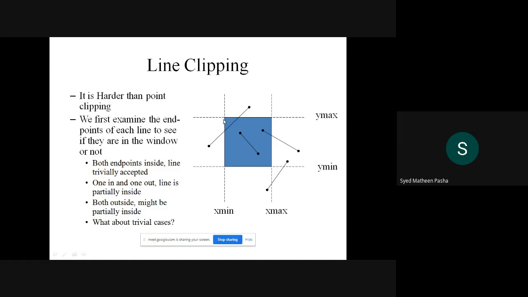You can check out here all the trivial cases being performed, where a line is partially meeting the window. Two endpoints are inside that particular window. One endpoint partially enters that particular window. All the trivial cases are met in this example. If all three cases are met, you can tell the line clipping is successfully implemented there. So this is a glance at line clipping.